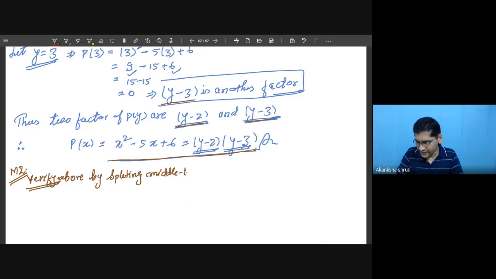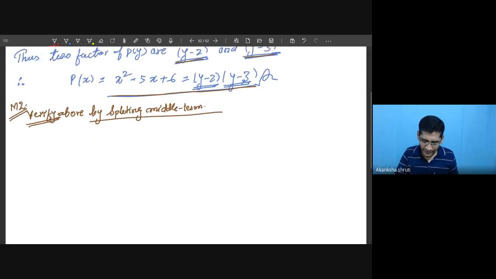So by using splitting the middle term, we can verify. Students, you can do this and show us. Student, our polynomial is,